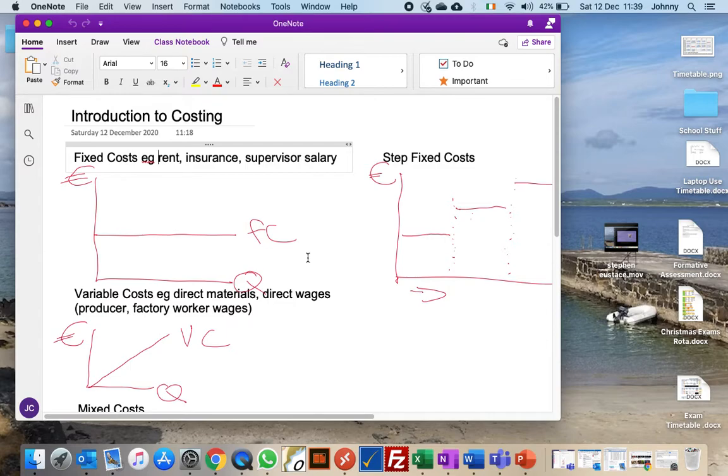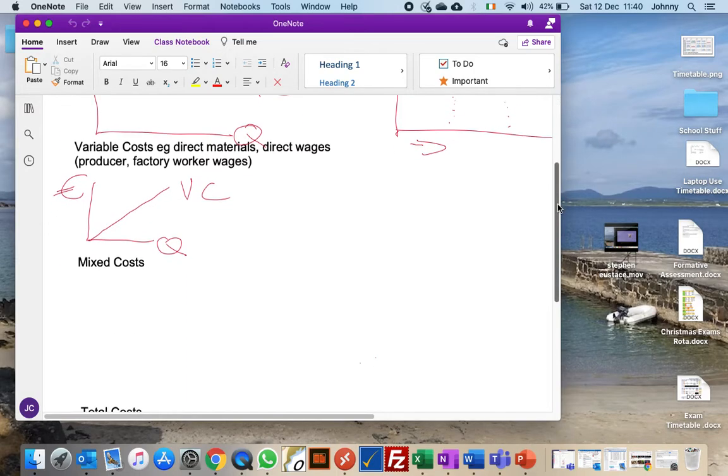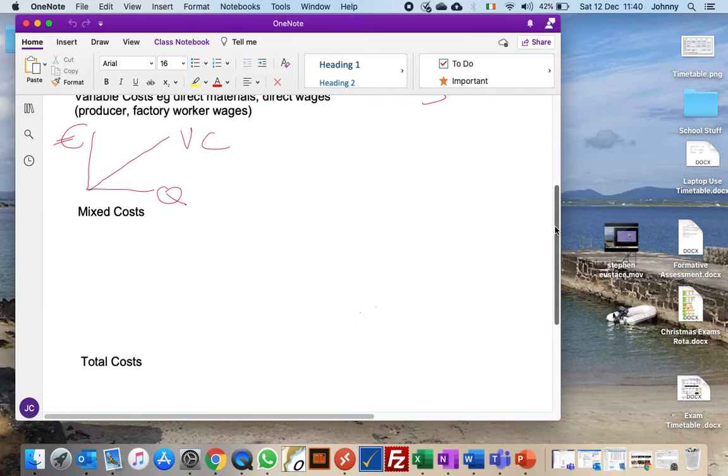So we end up with these things called step fixed costs. So they increase in steps, whereas variable costs increase gradually. But generally, fixed costs we're going to deal with are ones that remain the same over a range of production. Now, there are some costs that have a fixed and variable element in them, so we call those mixed costs. So in our mixed costs here,